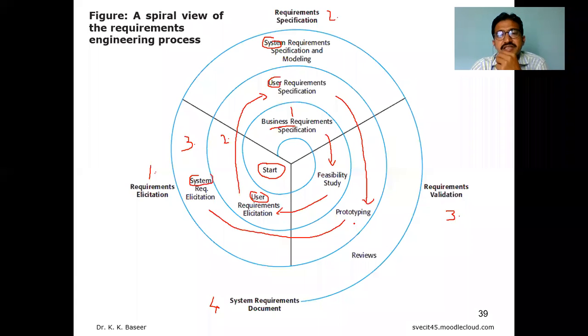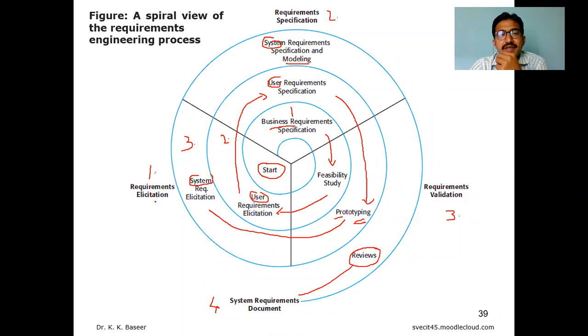So in the user loop, it talks about the prototype, and in this loop, it talks about modeling. A little bit of architecture detail will be discussed in the modeling, but here it is only some use cases, some scenarios, some data flows, or some flow diagrams. That is enough for this phase. And the last loop talks about the review. Once the review is done, it releases the SRD, that is the system requirement document.